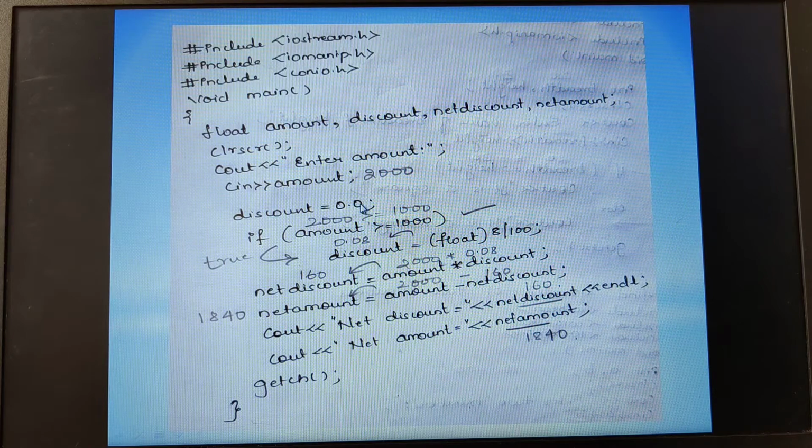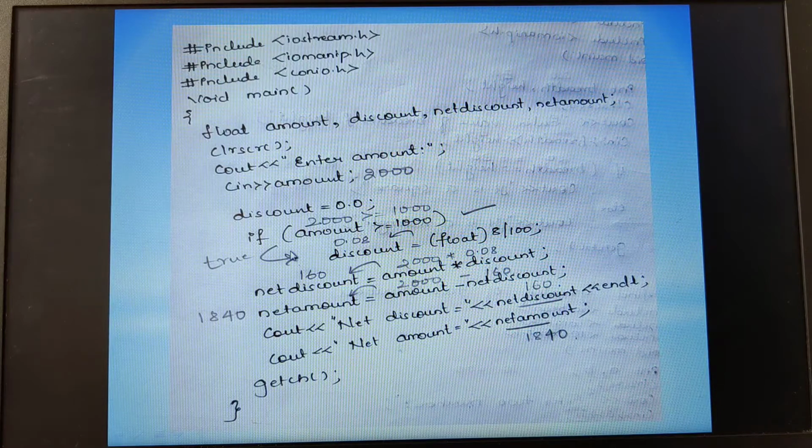0.0. Suppose some other programs might have created a variable known as discount, and there in the discount it might be already the value 50 is there. Now if you are using the same variable, it will include that 50 plus it will calculate the new value, which will become a wrong output for us. Therefore I am reinitializing the discount variable as 0.0, that means it is not containing any value.